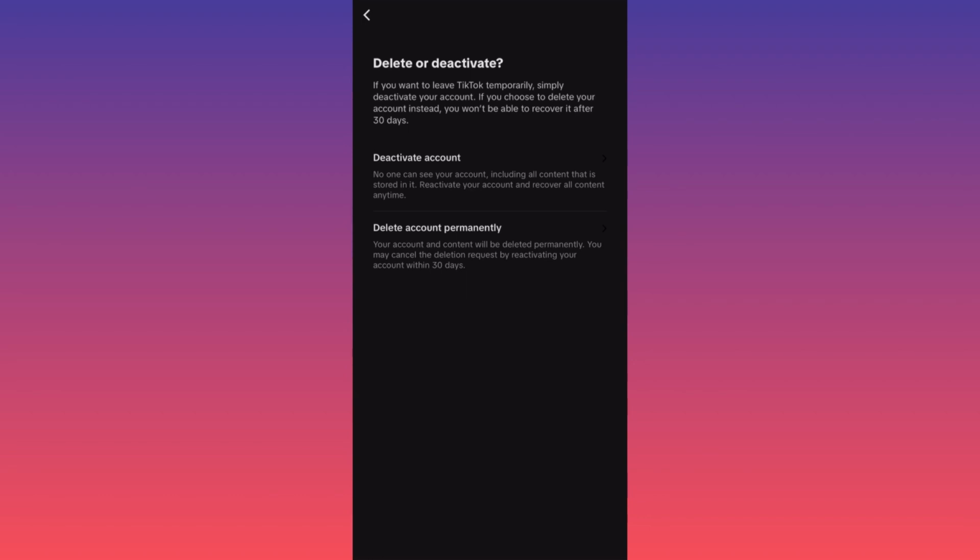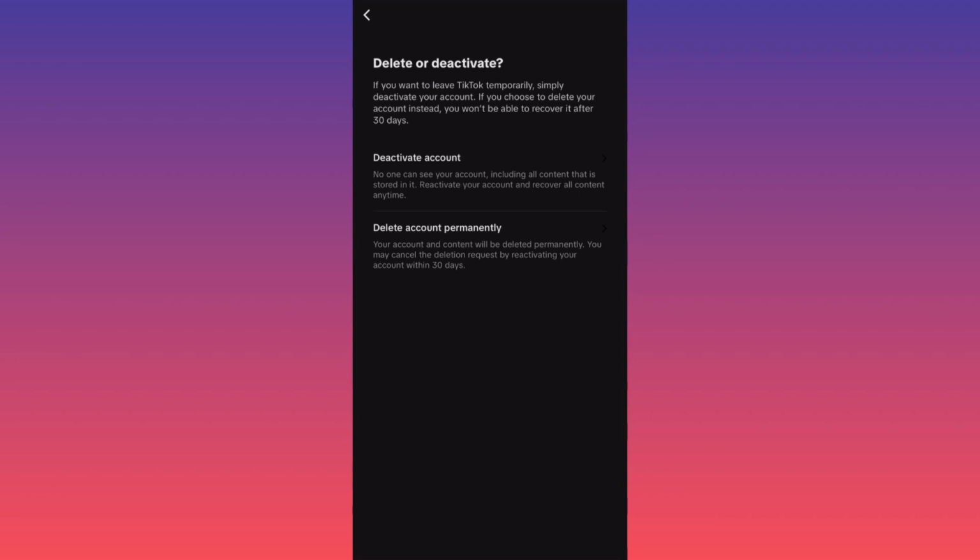You want to make sure you're aware of what will happen if you choose to deactivate, meaning that all the content that you previously published will not be available to the public. And all you gotta do if you want to reactivate your account is simply launch the app and log in again. Reactivation of your account will simply recover all the content and everything will be republished and available